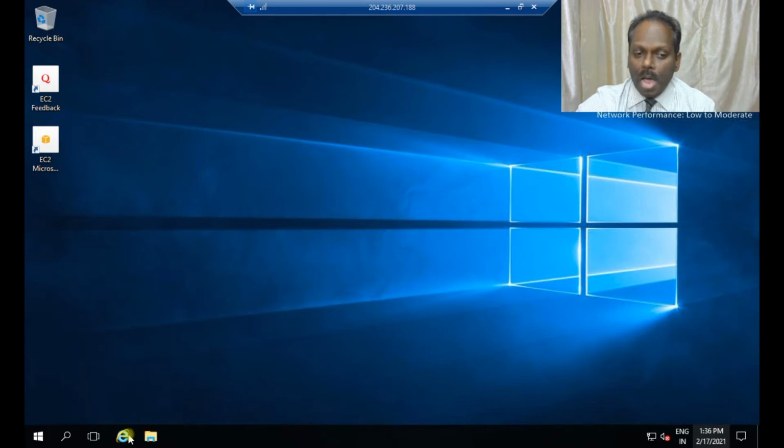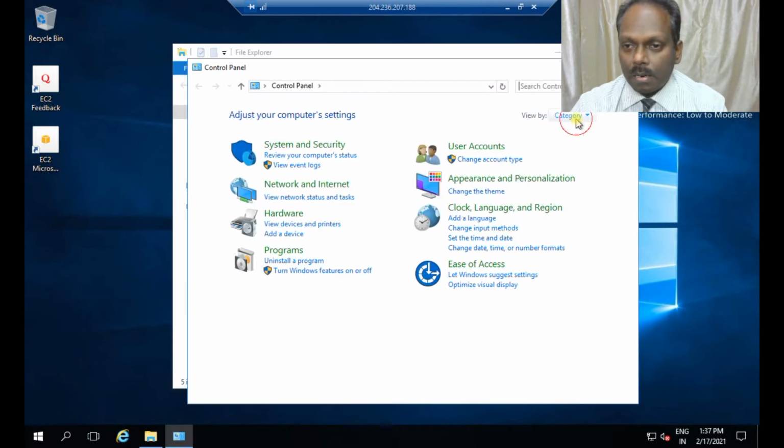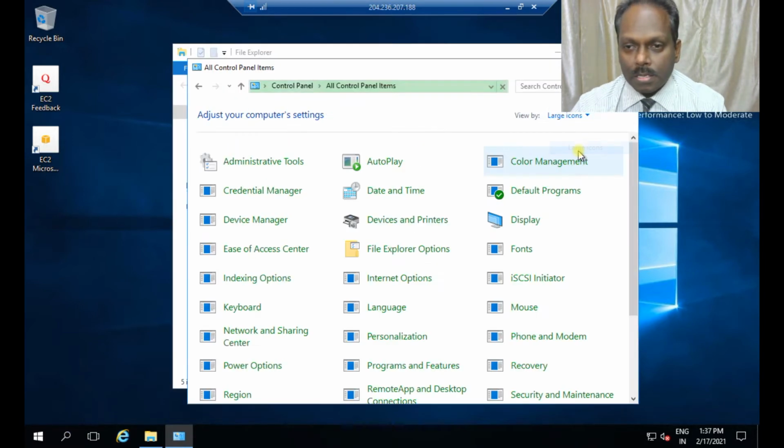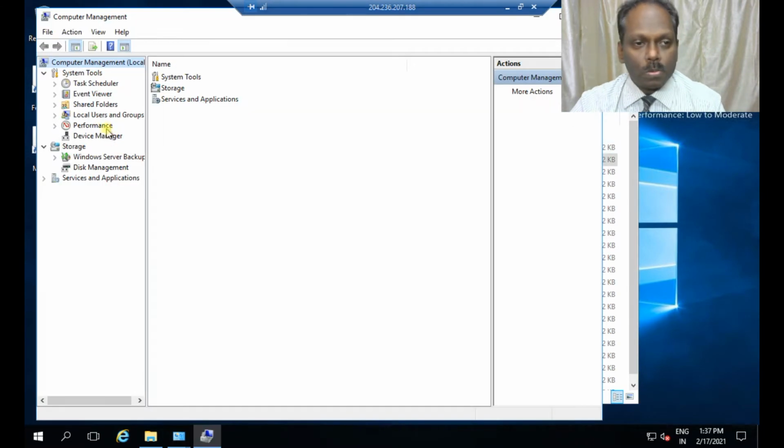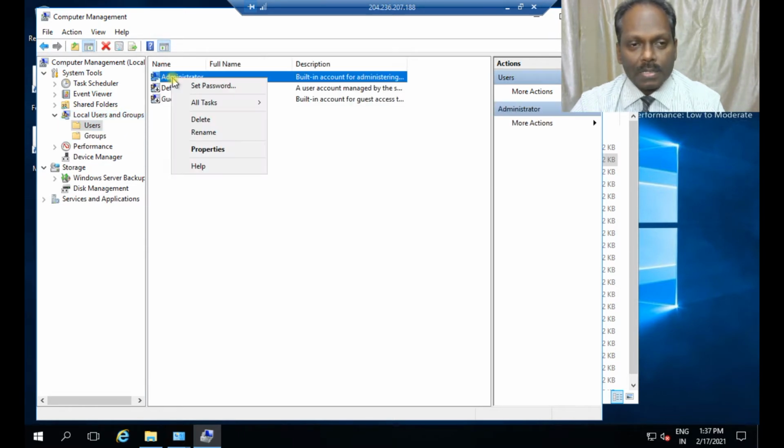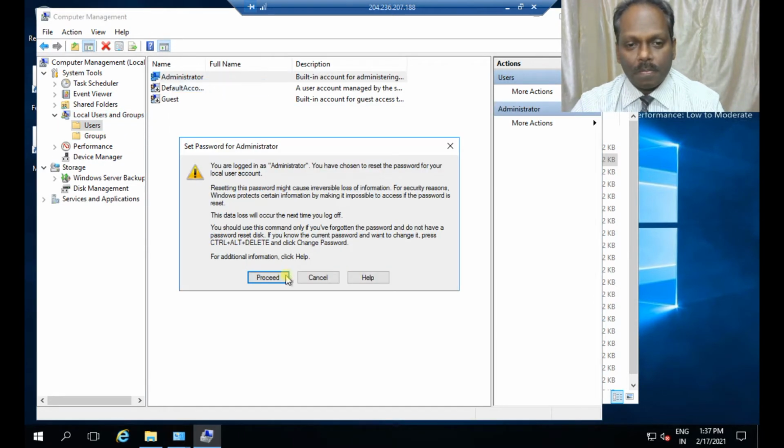What we need to do immediately is change the host name and also reset the password. How to reset the password? I will be showing you now. Go to control panel, then administrative tools, local users, administrator, right click and set password.